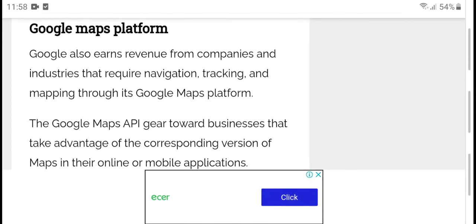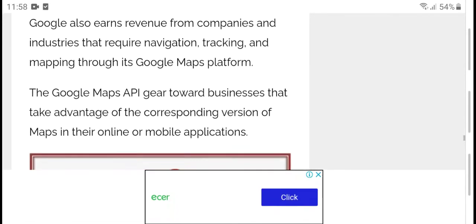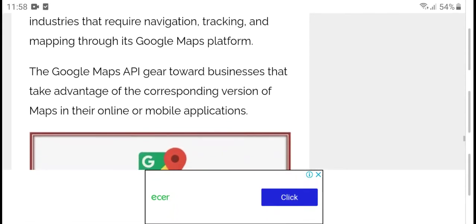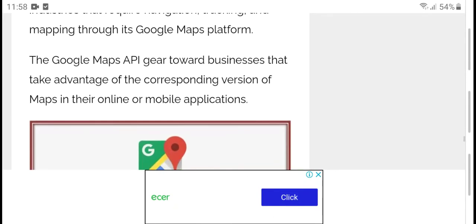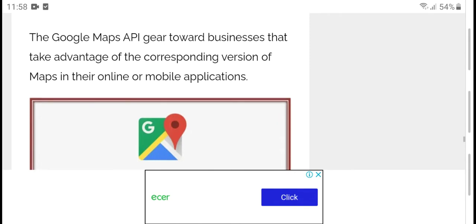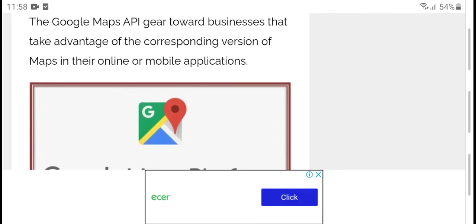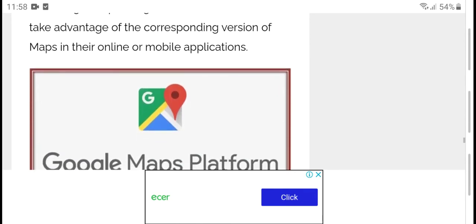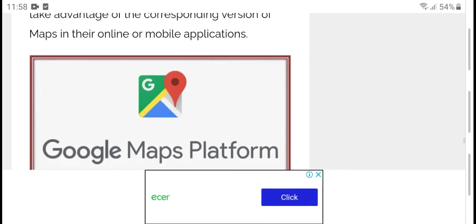Also revenues come from compressed interest requirements, navigation, tracking, and mapping through the Google Maps platform. These Google apps in general target businesses through advertisement and subscription for visitor maps and mobile applications.